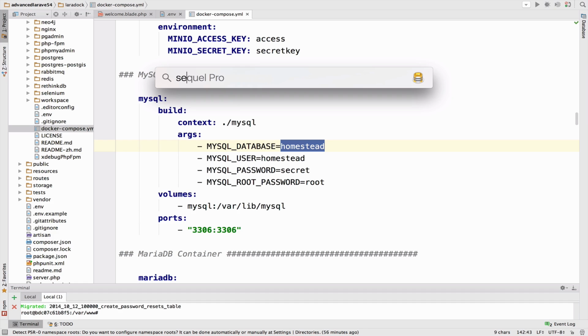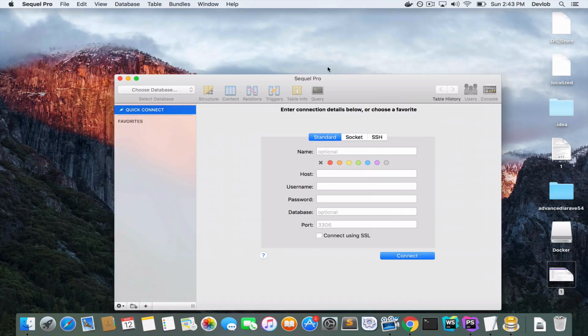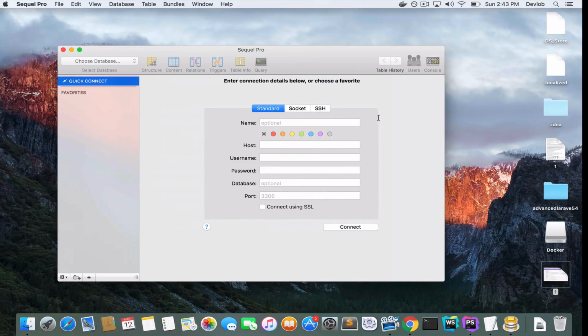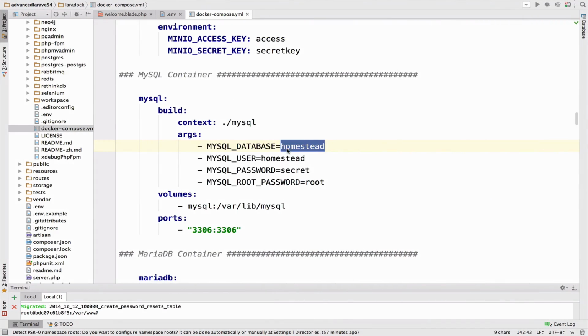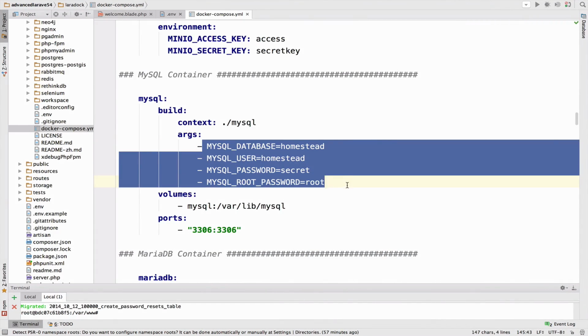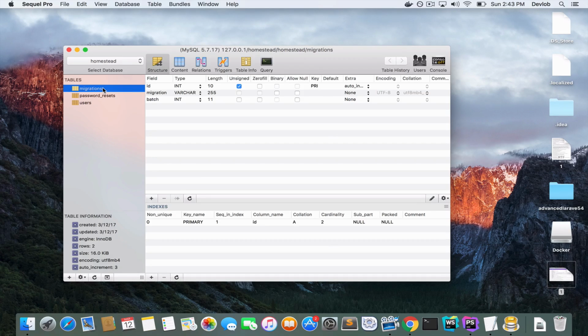So to do that, open SQL Pro, and to access the database, we just have to add the credentials that we have right here. So the name, I will not give a name, the host is 127.0.0.1, the username is Homestead, the password is secret, and the database is again Homestead. And once again, you have all that information right here, for MySQL of course. So if I click connect, we are connected to the database and we have the three tables: migrations, password resets,